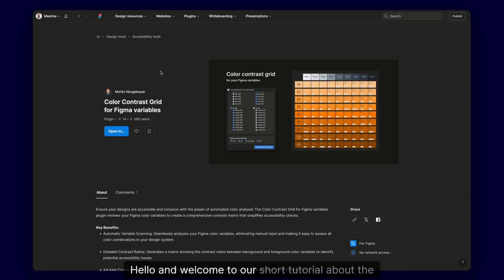Hello and welcome to our short tutorial about the Figma plugin Color Contrast Grid for Figma variables. In this video we will quickly show you how to use this plugin to check if your color variables are